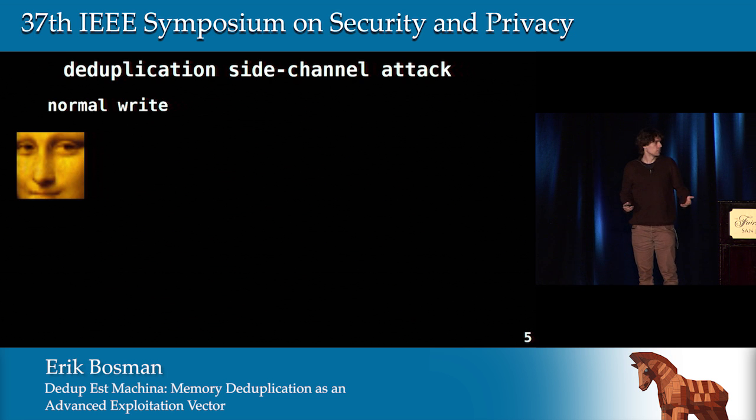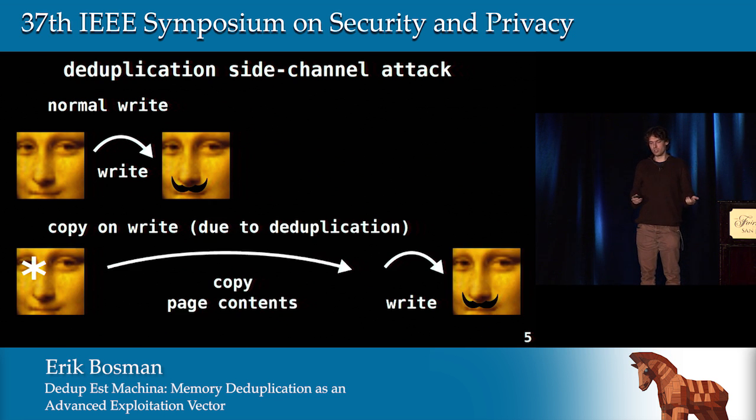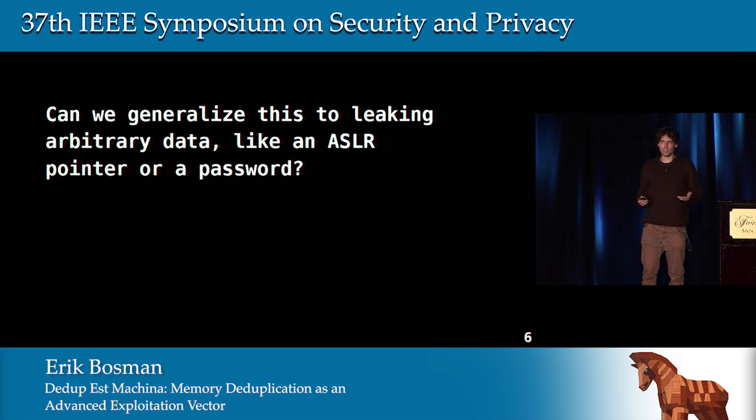So why is this a problem? Well, if you do a normal write to a memory page which is not marked copy on write, it will go very fast. But the deduplicated page has to be copied first before the write can happen, and this takes longer, and you can measure this from JavaScript. So this is all nice if you want to leak the content of an entire page,